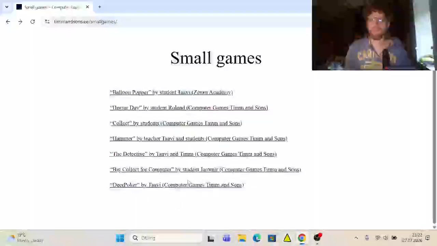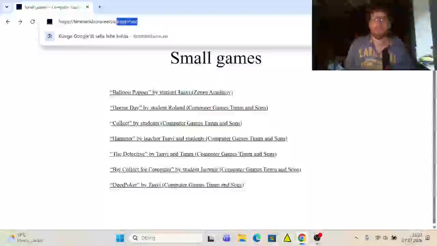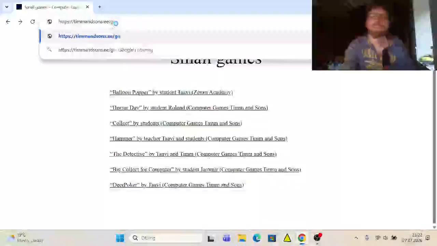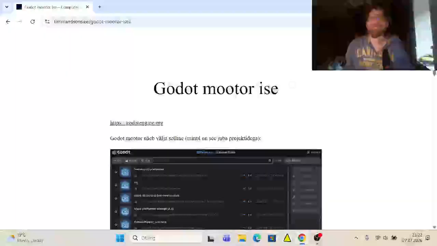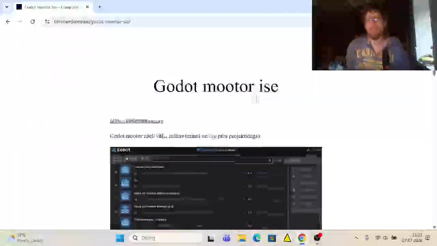Because the focus will be on web games from this September more than offline games. Like last year, it was all about offline games, but kids really ask for web games. So there will be more web games, and I also create this stuff. It's not ready, but I started to create this Estonian education for the Estonians to be able to go to web game development, right? So this is like part of it.